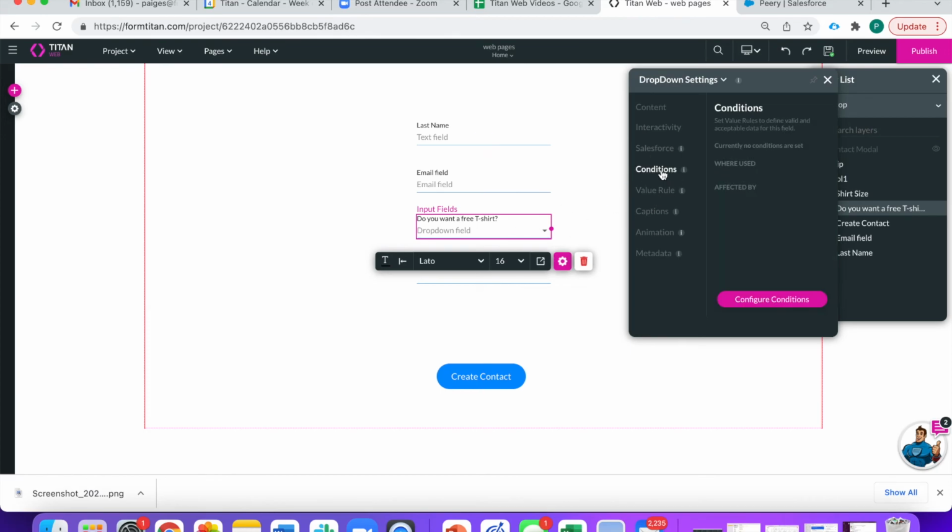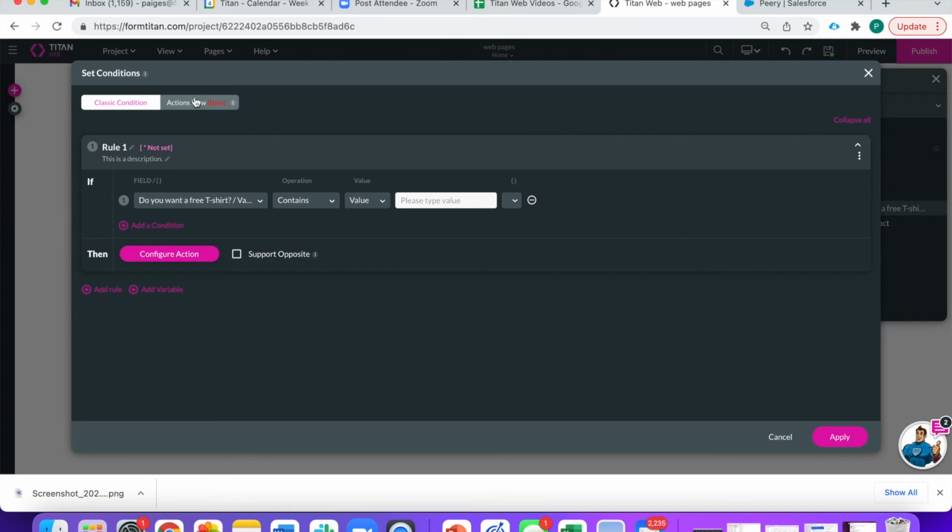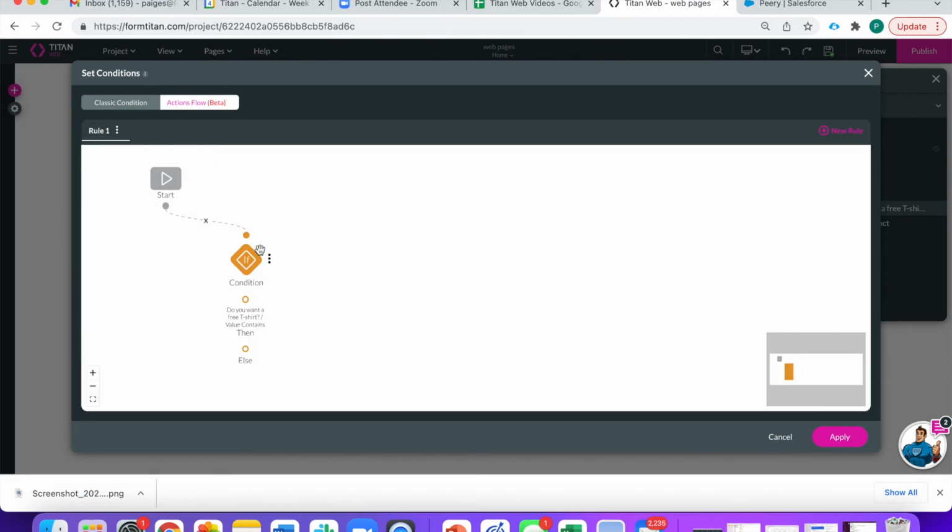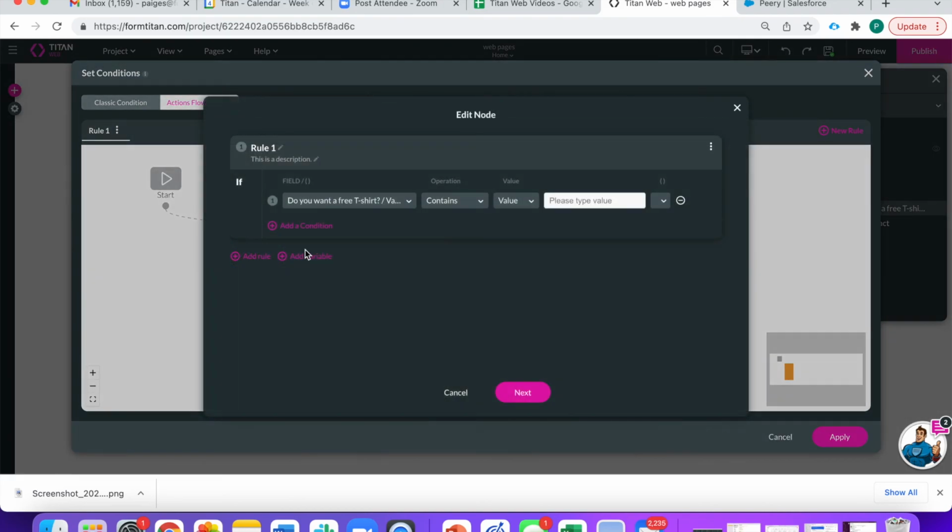So we can go to conditions, go to configure conditions, and then we already have this if condition here. Let's edit it. If, do you want a free t-shirt value? And you can choose both label or value. Mine's going to be label because that's the only thing that I mapped. So if the label equals